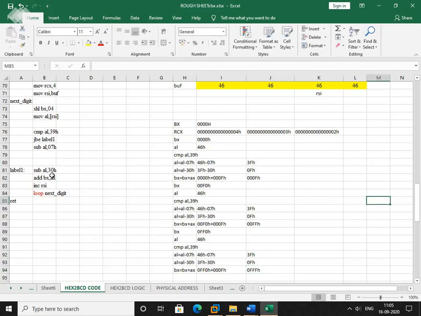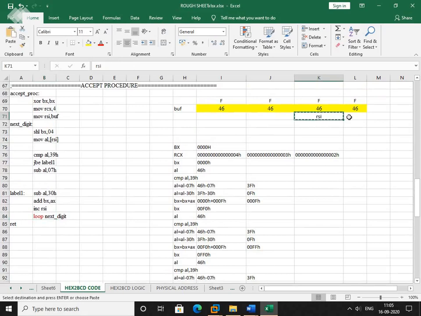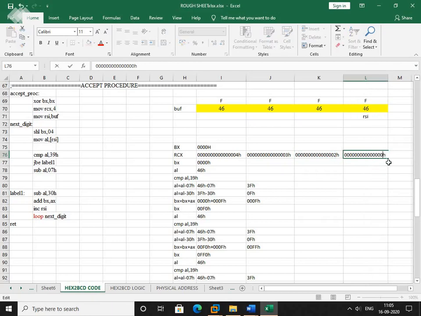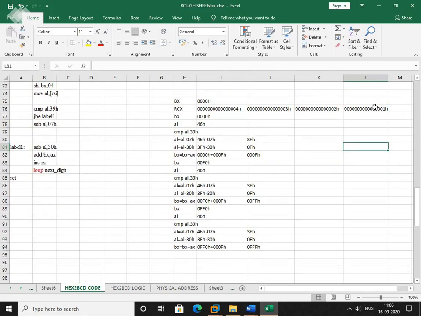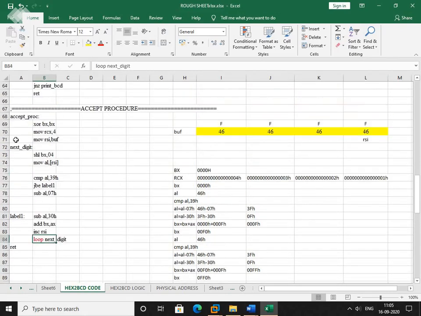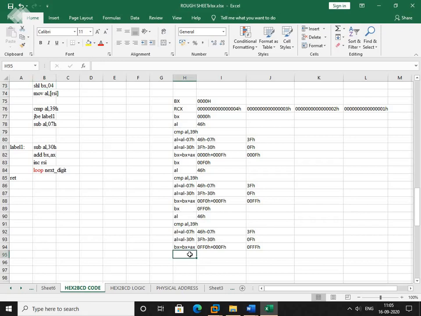Next, increment RSI. Now RSI will point to the last element of the buffer. Then decrement RCX. Now RCX has become 1, and since the content of RCX is not equal to 0, we loop again, jump to the label next digit, and shift the content of BX by 4 bits. What is the content of BX here? 0FFFH. Now after shifting left by 4 bits,